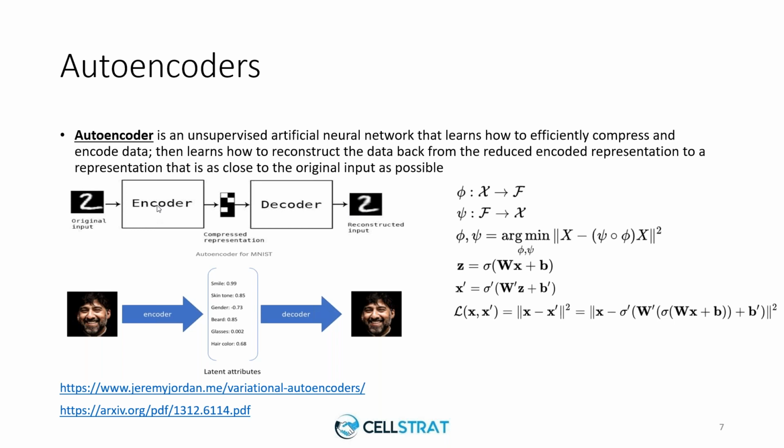Again, the encoder has some parameters and the decoder has some parameters. Over here we have phi as the parameter for the encoder and psi as the parameter for the decoder. X over here is the input image, whereas F is the compressed representation. This is our encoder part, which is from X to F. The second is our decoder part, which goes from F, our latent space, up to the reconstruction of the new image.